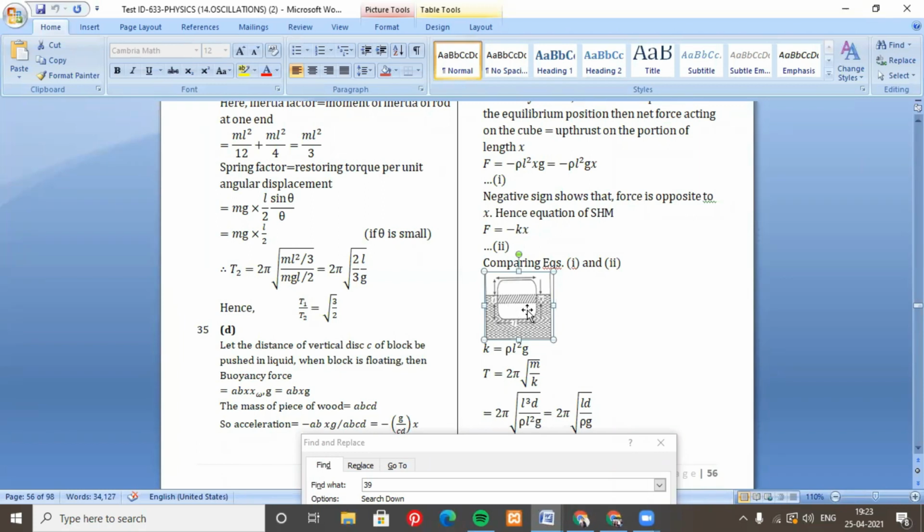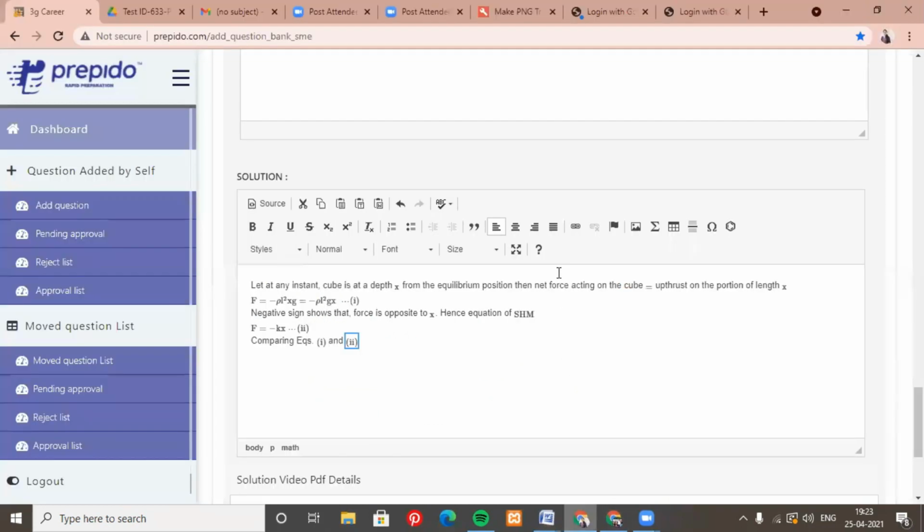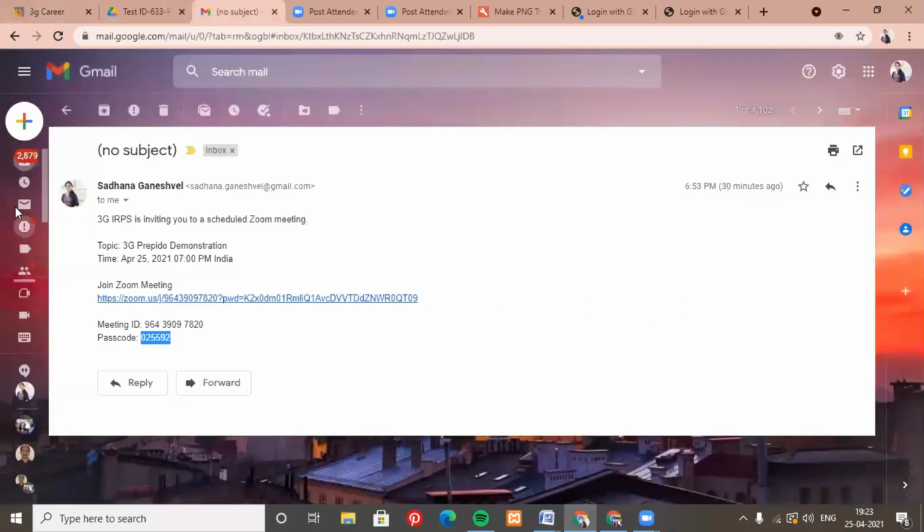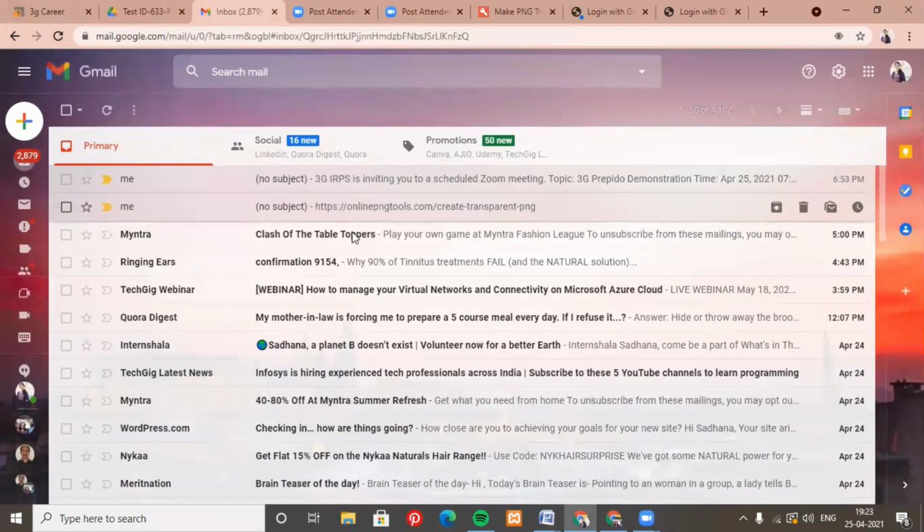So this image has to be copied using Control C, and then there will be a tool which will be given to you. This is the link for that image tool.